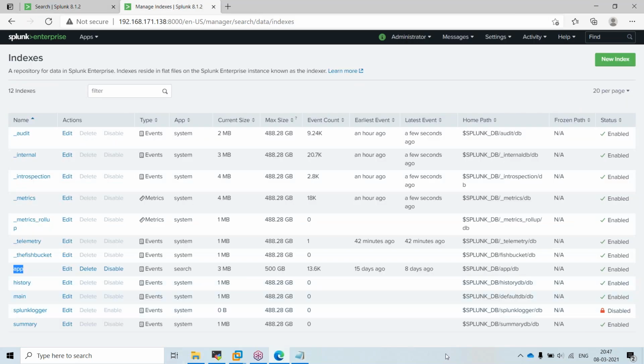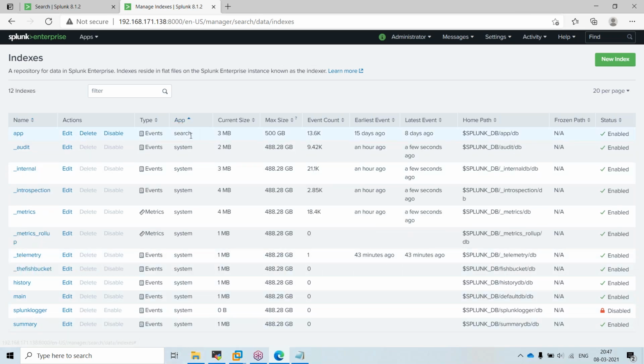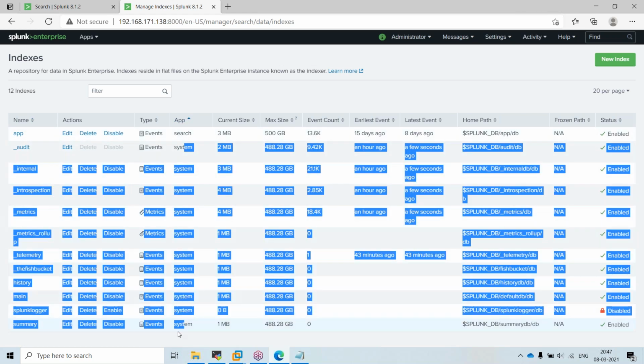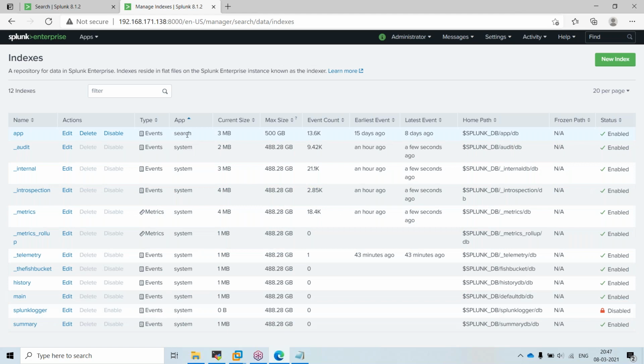If you see the app, this is system, this is present in the search app.